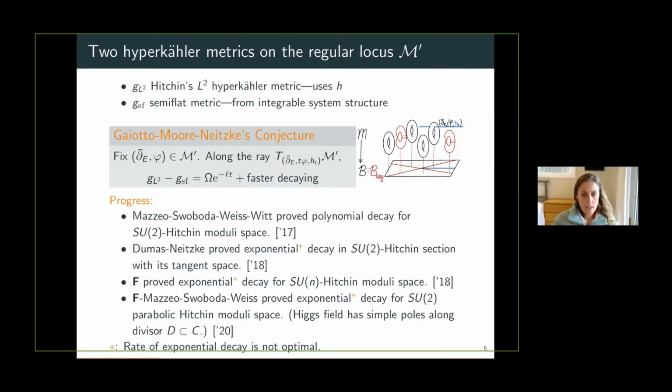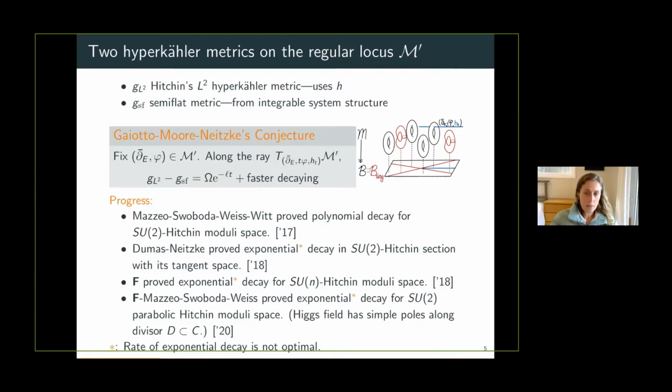So then Dumas and Neitzke, David Dumas and Andy Neitzke, proved that you had exponential decay. Not if you considered the whole SU2 Hitchin moduli space, but this one Hitchin section. This is the section that's most directly related to Teichmuller theory. And in this Hitchin section, Hitchin's equations go from being a coupled system of PDEs to a single nonlinear PDE. So this is really much